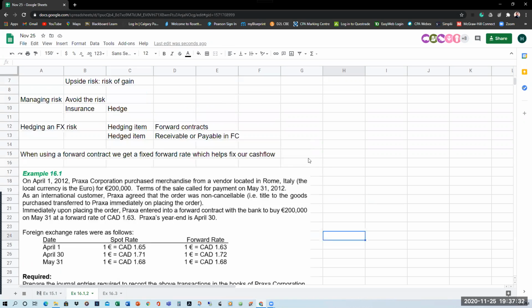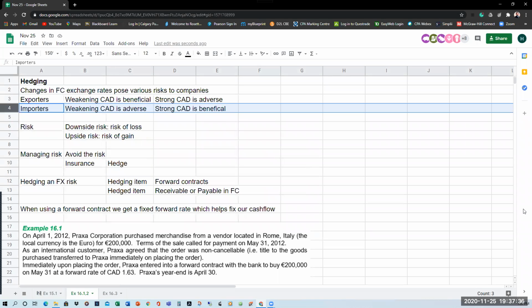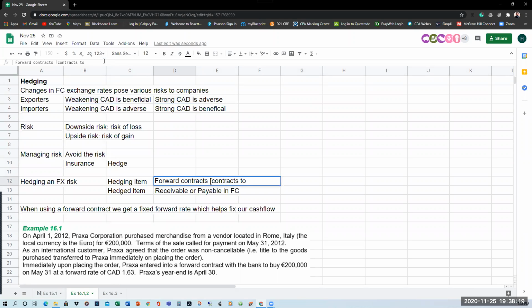Right? So if you were an importer, you're buying stuff in foreign dollars, US dollars, euros, whatever, you would want to enter into a forward contract to buy the foreign currency from the bank. If you were an exporter and you receive payment in foreign currency, then you want to enter into a forward contract to sell the foreign currency. Right? So a forward contract is a contract to either buy or sell foreign currency, right? So forward contracts are contracts to buy or sell foreign currency at a later date,